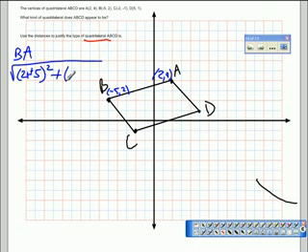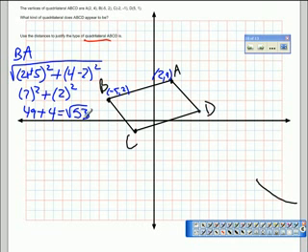Plus, since this was the first x, the y with it, the 4, has to be the first y, minus 2 squared. Good, and I end up with all positive numbers. 2 plus 5 is 7 squared plus 4 minus 2 is 2 squared. 7 squared is 49 plus 2 squared is 4. It's going to give me the square root of 53, which is 7.2 something. 7.28